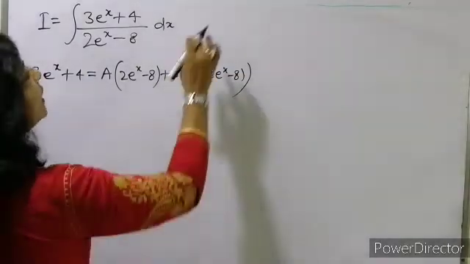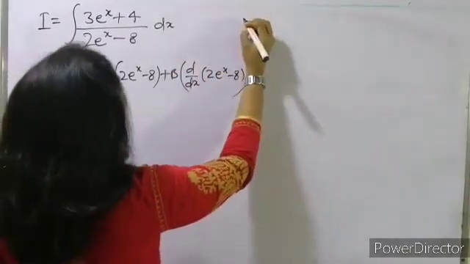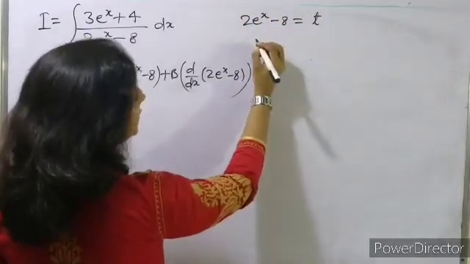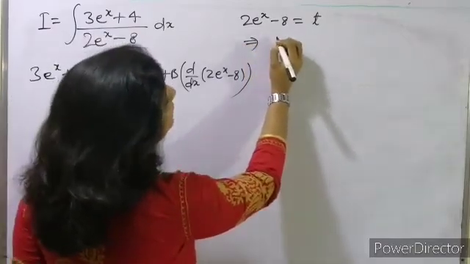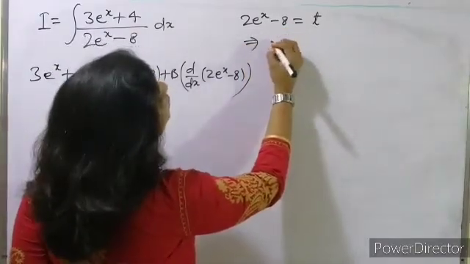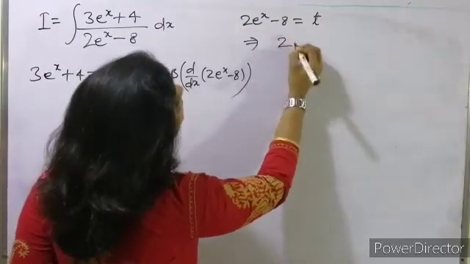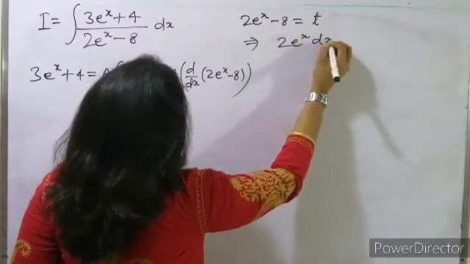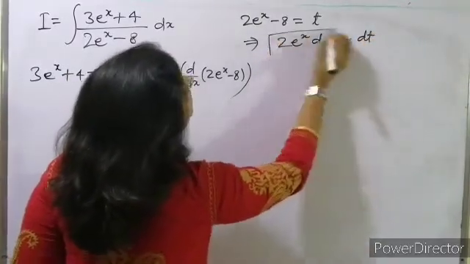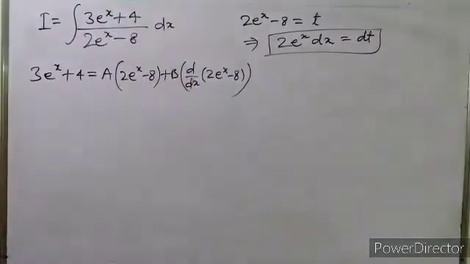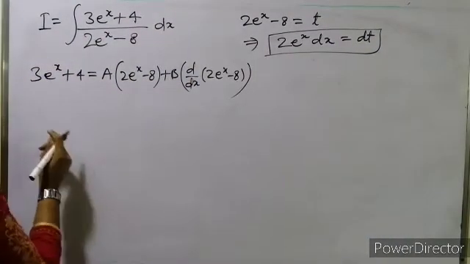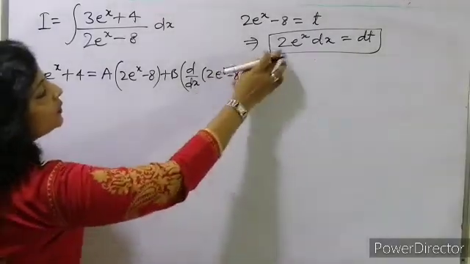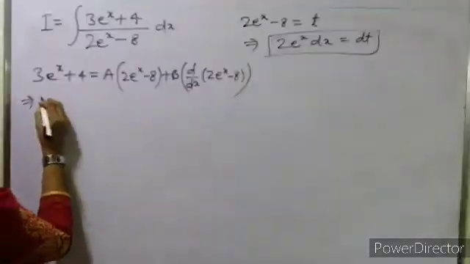Now what we'll do, हम लेंगे जो डिनोमिनेटर है the value 2 e to the power x minus 8 को हम t लेते हैं, so when we'll differentiate, what will the derivative be, so 2 e to the power x and 8 constant है तो 0 होगा, so dx should be equal to dt, so ये वैल्यू हमें मिलेगा, right. Now we have to find out the value of a and b, so for that we have to solve this. See, derivative of this function will be equal to 2 e to the power x.